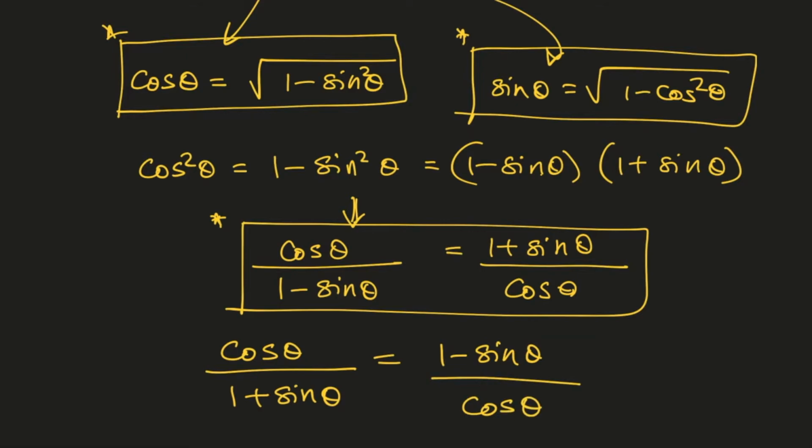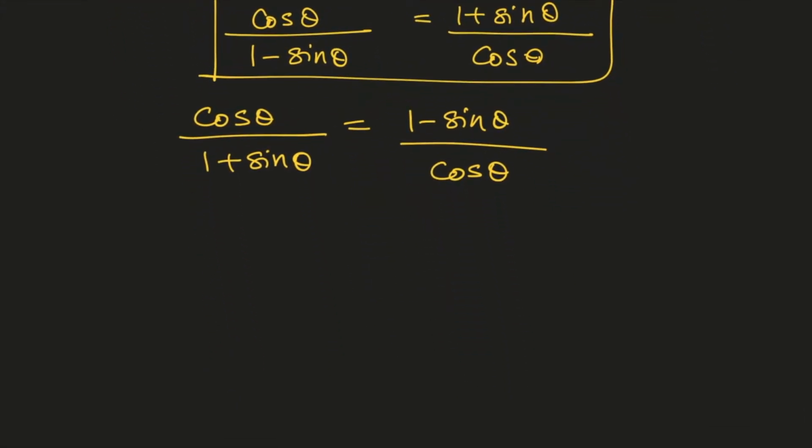So that is the interesting part about these trigonometric identities. The same result can be represented in multiple ways, and you should be able to use the most appropriate form when you're solving a particular problem, so that you will be able to arrive at the final answer in the shortest possible step.